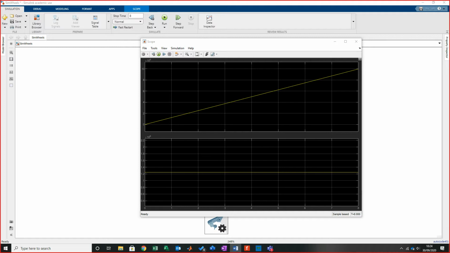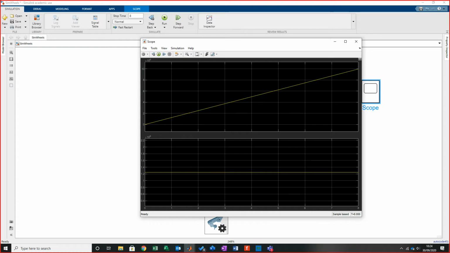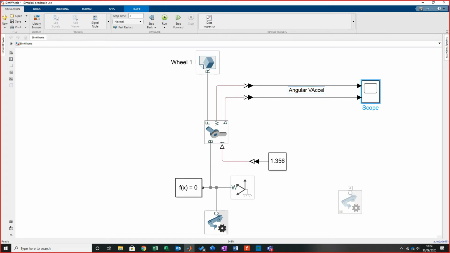Now, the other thing about this is if you want to label what's coming out, and you cannot be bothered with labeling the actual plots themselves, what I'll say is angular. Get this right. Angular acceleration, so accel. Wait a minute, am I on the right one? No, that's angular acceleration. That is velocity. Apologies. So this is velocity, vel. And then I'm going to copy that. So I am that lazy. And I'm just going to come back onto here and go ACC. Then if I run it again,